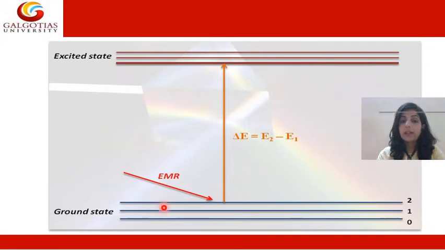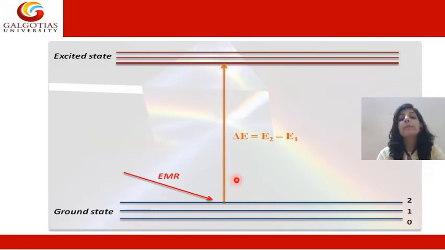Now this is your detailed excitation process, which we will understand by means of this particular diagram. Here I have mentioned the ground state and this is your excited state. The molecules are present at your ground state. Whenever we give energy of electromagnetic radiation to our molecule, what will happen? Your molecules will show a transition from the ground state to the excited state. So upon absorption of UV visible radiation, your molecules will show a transition from the ground state to the excited